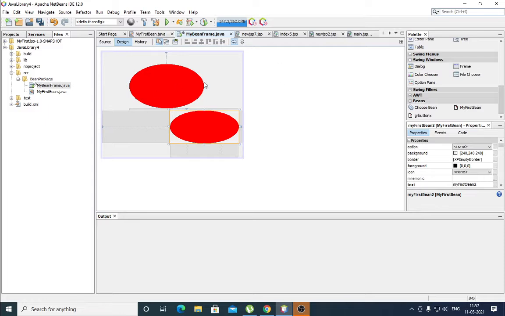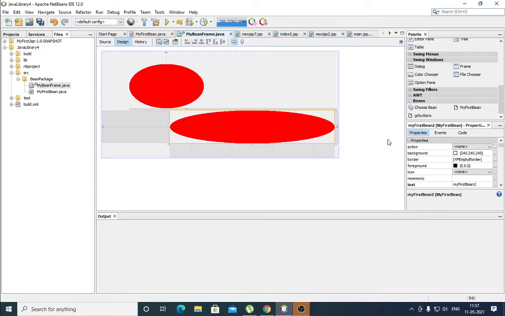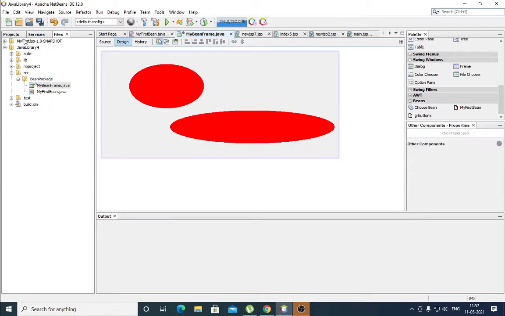How to create our reusable component? First we have to create a new web application, Java application, and then create one package. Suppose under src I have already created a bean package, one package.